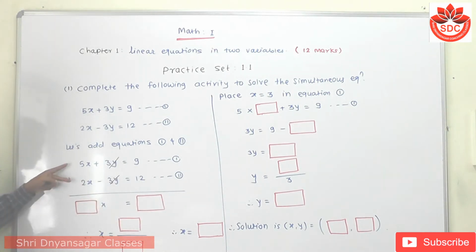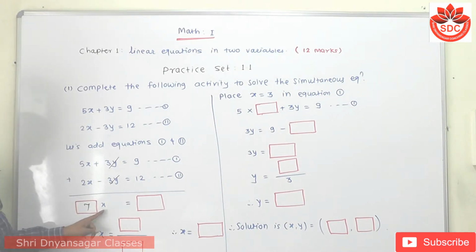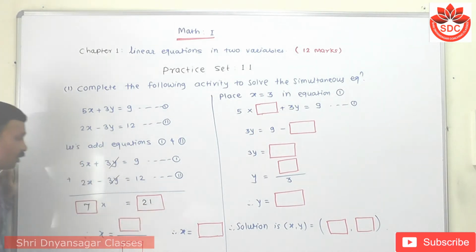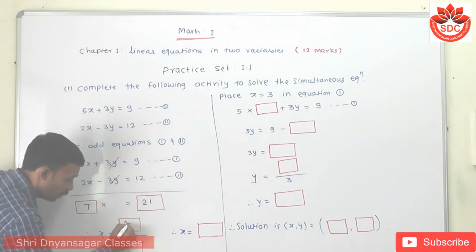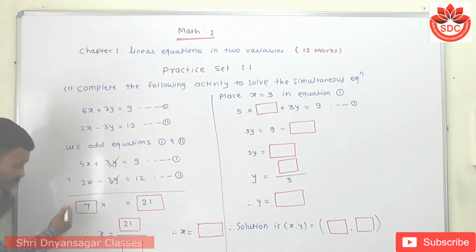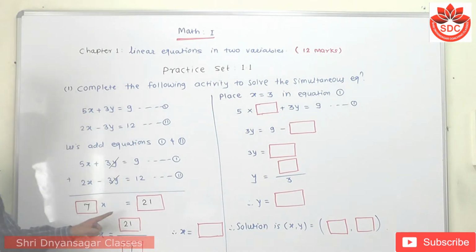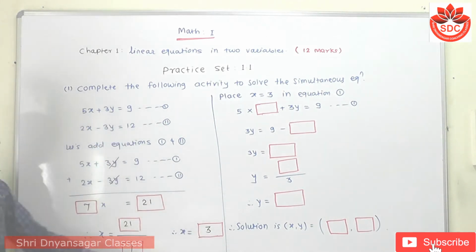So our answer in the box is 5 plus 2 becomes how much? 7. Here is x. Then 12 plus 9 becomes 21. Then student, this 7 is in multiplication form, so it goes to the denominator. So first write this 21 in this box as it is. Then this 7 goes to the denominator. Then we simplify 21 by 7. We get 7 under 7. 7 3s are 21, meaning the value of x is 3.